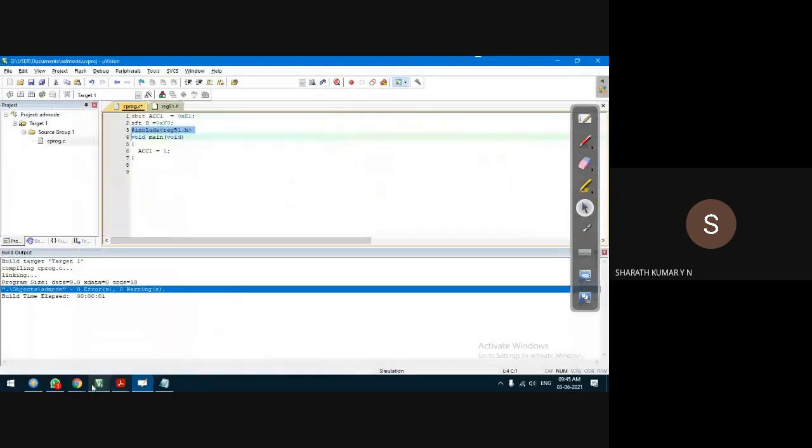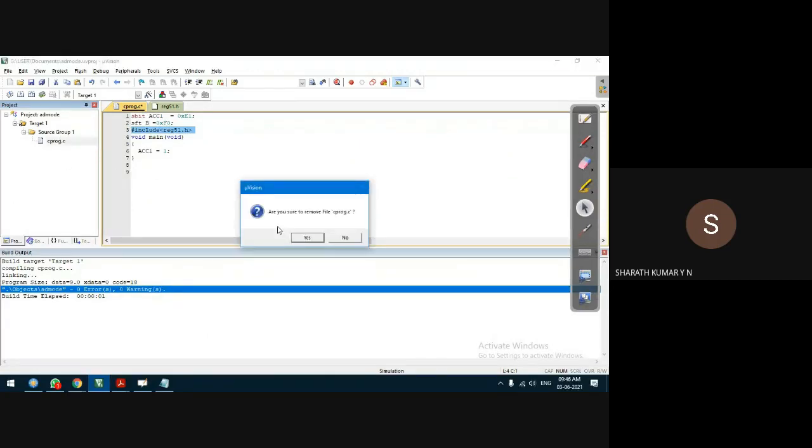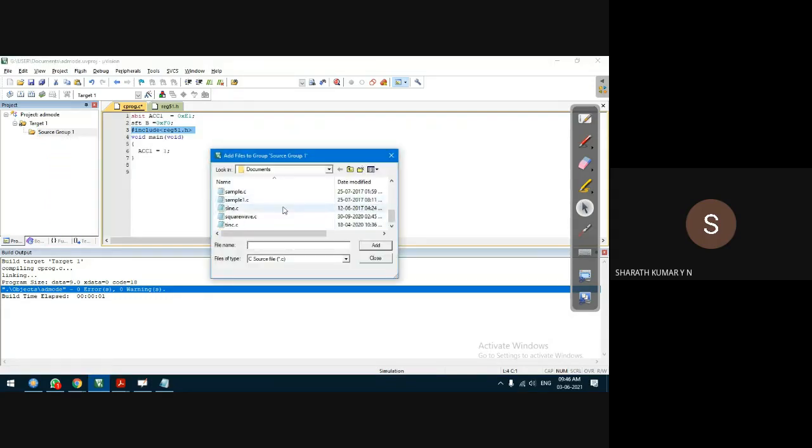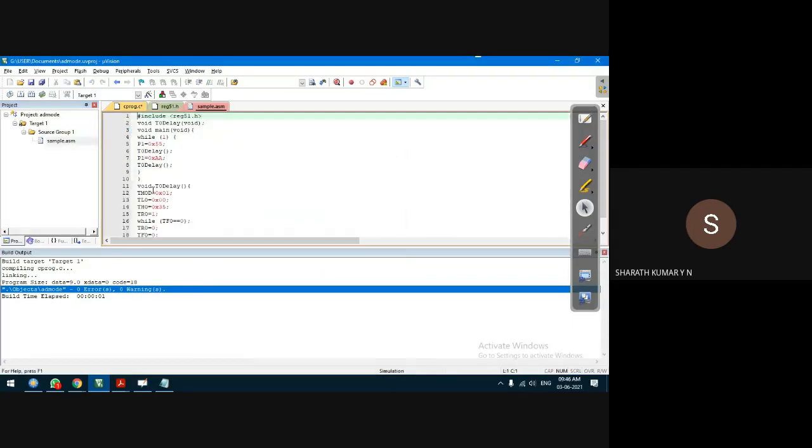Okay, here we go. So I'll delete this program, guys, because I need to write the assembly code. I'll delete it from the project. This will not affect anything, but whatever file we have loaded here, that matters. I think I already had one assembly file. I can use the same file, or I can create one more, no problem. Sample.asm. Any file is no problem. Let us write a program. Sample.asm is an assembly code.